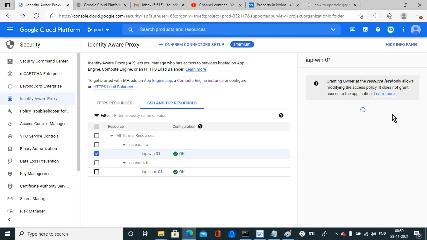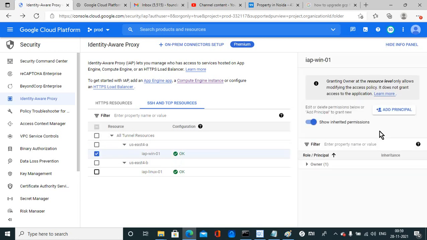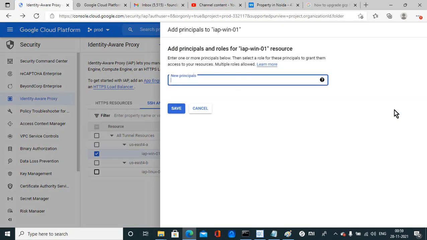Click here, add the user. Which user I'm adding, the same one.